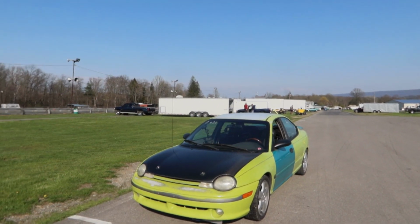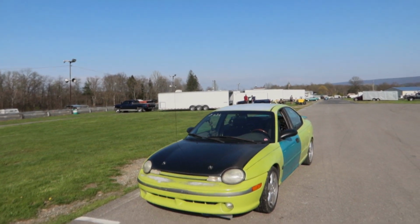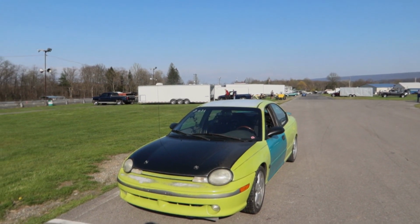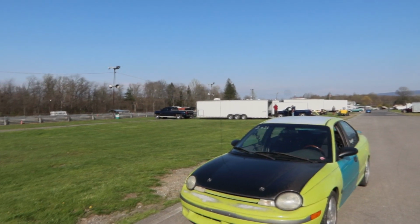So we will be back. This thing will go 12s easily on 13 pounds of boost, if it went 13.1 at 104 on only 9 pounds of boost. So new axles in. We're driving it home just like we drove it here. Slicks are in the back. The tools are in the back, and